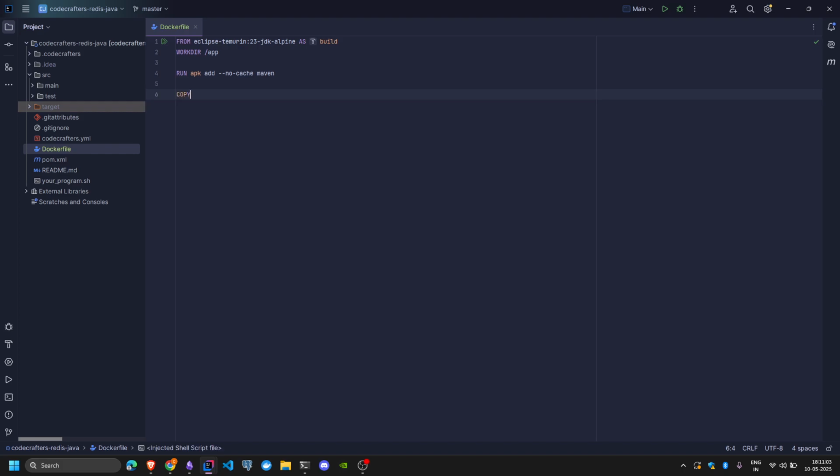Now I need to copy the pom.xml file to the working directory that we've set before, /app in line number 2, and then I can copy the source folder. Copy src to src, and now we just need to run the Maven package command, and you already have that in your repo if you've been following my content,